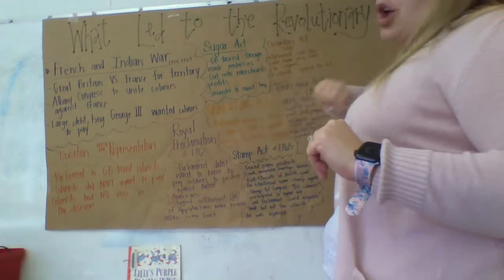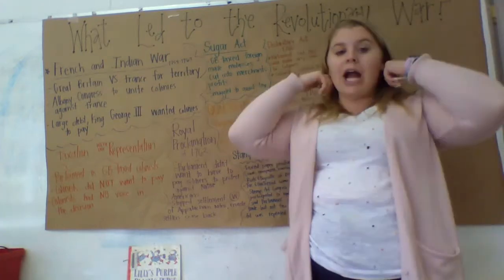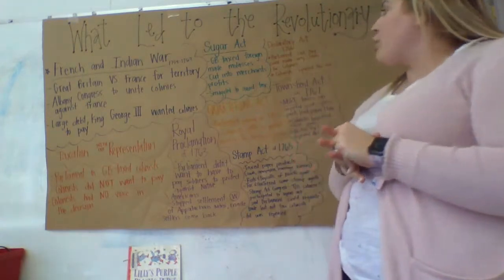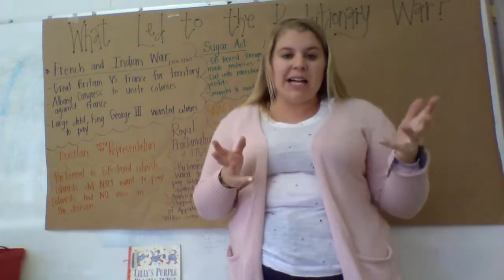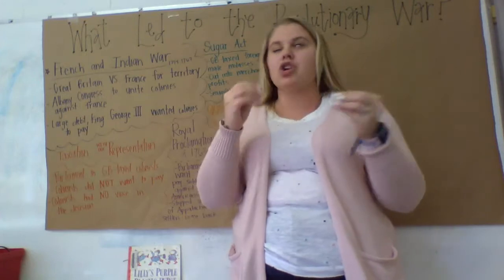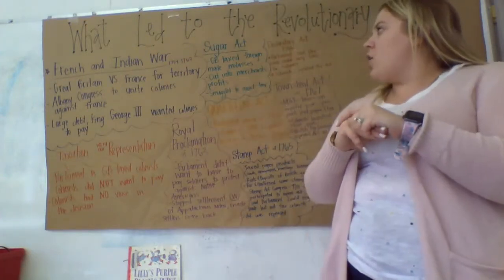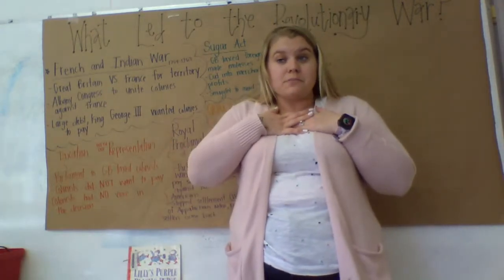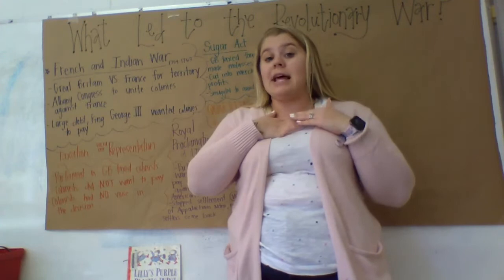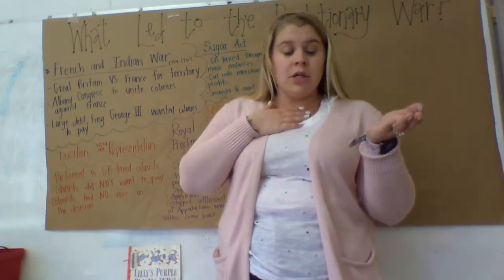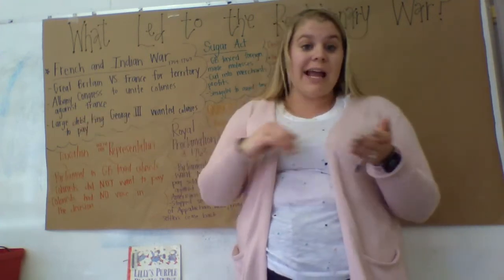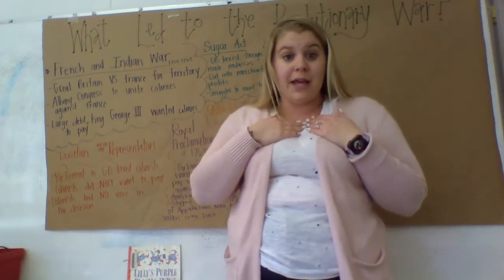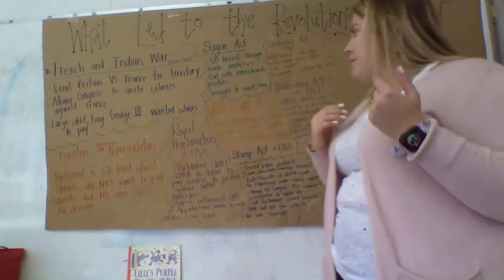Then came the Sugar Act. And what the Sugar Act did was Great Britain put a tax on foreign-made molasses. Molasses is a really rich, thick, sugary substance. So the merchants got really mad because if I owned a store and I sold molasses and I could sell it for $2, well, now I had to pay a tax to the British. So let's say I had to pay the British 50 cents of that $2, and now I'm only making $1.50. So I'm not making as much money, so that makes me mad.